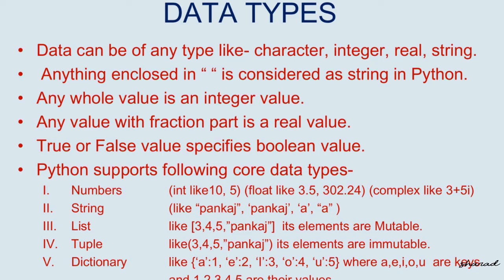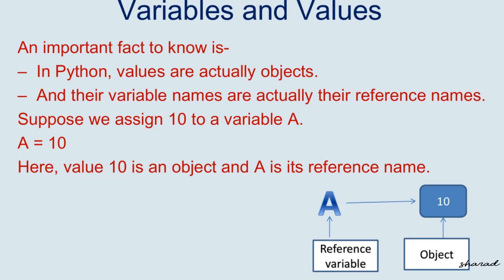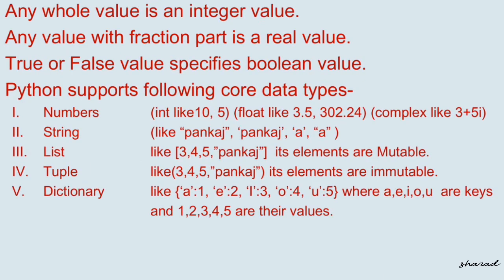You can see Python supports the following core data types. First is number. Number data type stores numerical values, for example, 10, 15, 3.5. In Python, each value is an object and has a data type associated with it. Python can easily differentiate one data type from another when you write and run your statement. Int stands for integer. Floating point numbers are written with a decimal point that separates the integer from the fractional part, for example, 3.14, 6.0, etc.